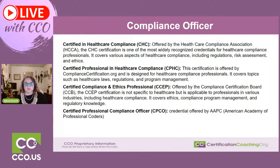Look at their website, but don't go by their website alone. You need to check with their members before you make a final decision, as well as, if you're working in a particular arena already with your coding credential, and you say, hey, I want to kind of get into compliance, I wanted to look into that, find out who you're working with, if they have a compliance department, and which credential they prefer, and then do your research from them. The next one is the Certified Compliance and Ethics Professional, the CCEP, offered by Compliance Certification